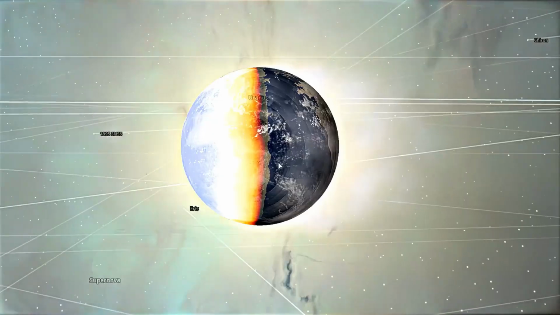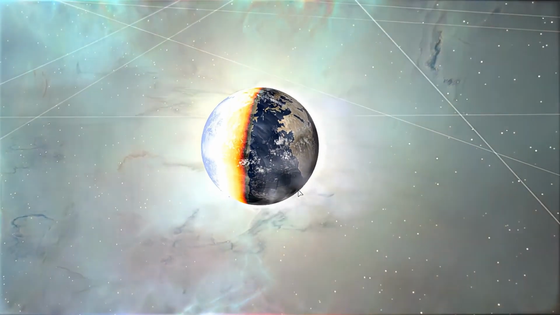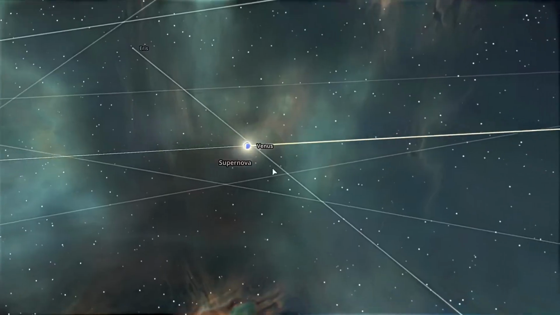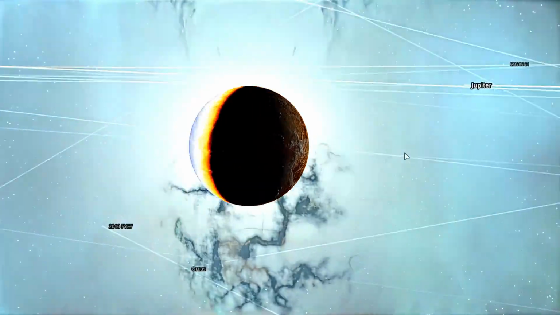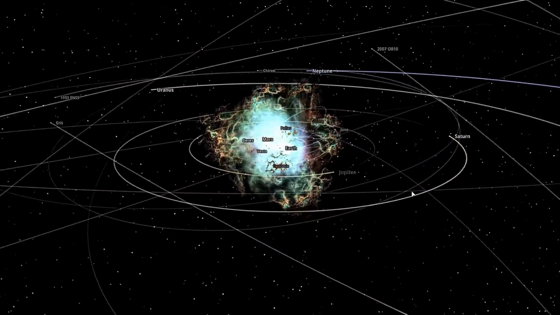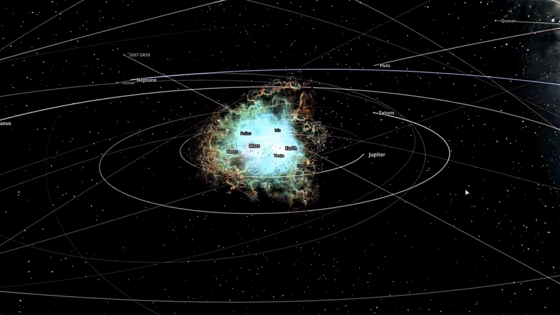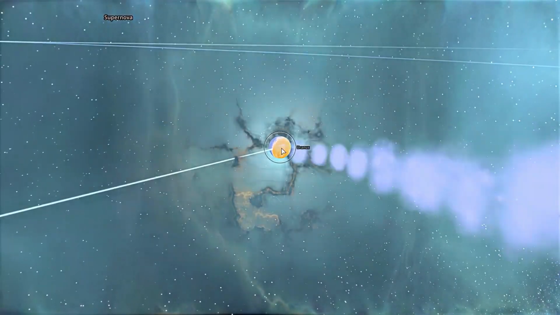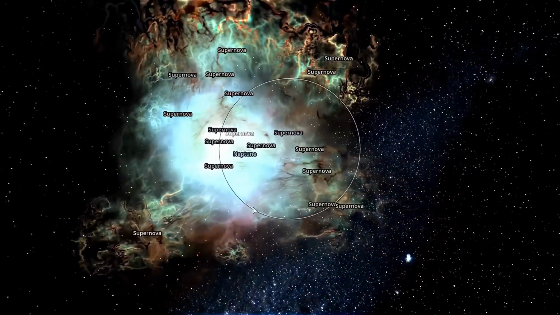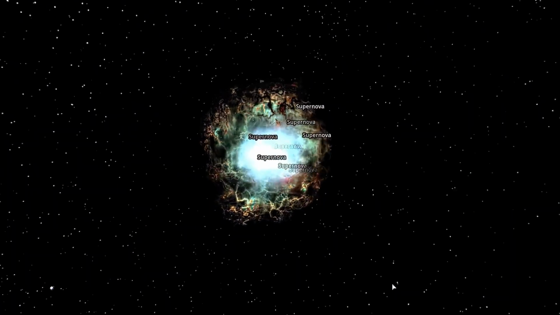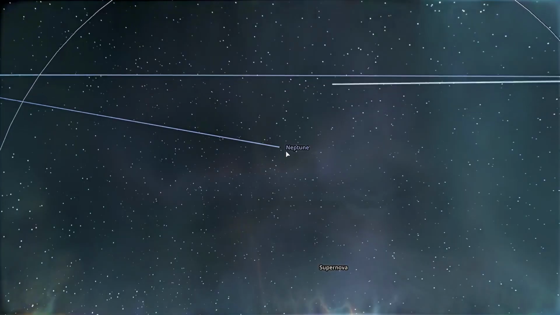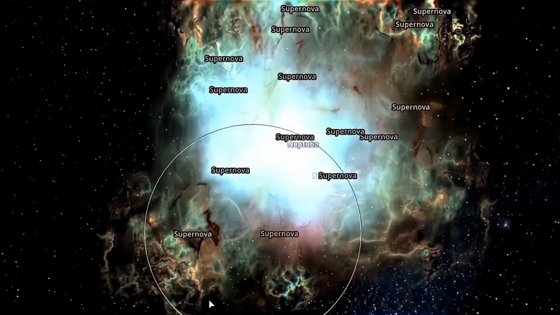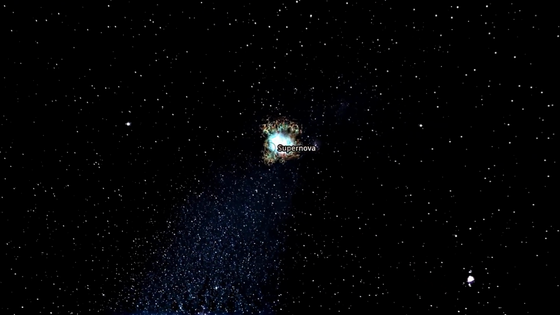This part facing the supernova got so hot that it turned blue. Seems like smoke is coming out of the Earth. So let's see how things are going on the other planets. Yeah, Venus is in the same situation as us. We can see that the supernova has already taken over half of the solar system. Okay, I think Uranus is not doing very well. And after 2 minutes, the supernova took over the entire solar system, and only 2 planets are left, Neptune and Uranus. And the funniest part is that the supernova keeps growing.